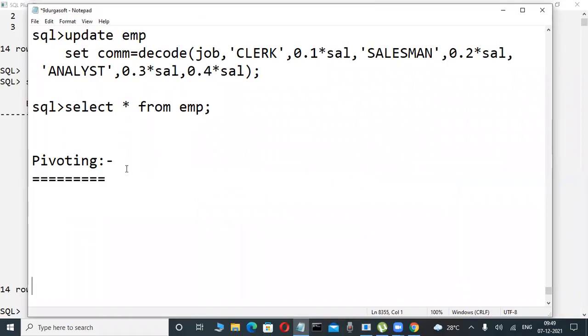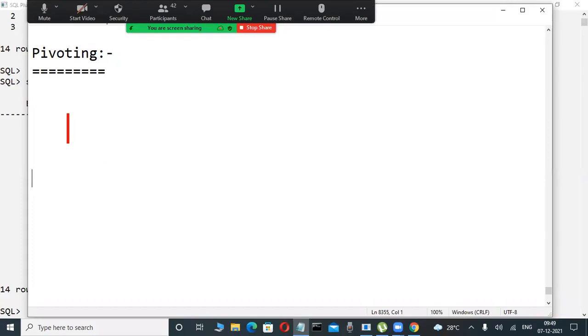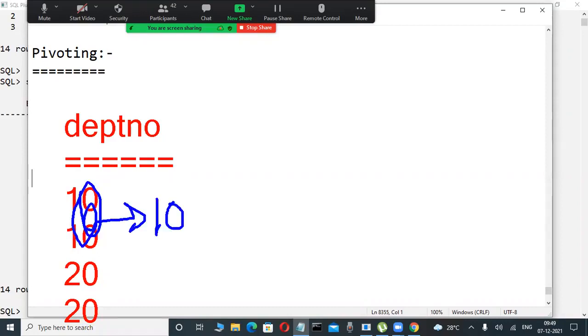Transposition of the matrix. That's why the same concept on the relational database side is called pivoting and unpivoting. What is pivoting? Pivoting is the most powerful concept in every relational database. That's why first we are telling pivot. Pivoting means suppose department number is a column. In this column, some rows are there: 10, 10, 10, 20, 20, 20, 30, 30. Some rows are there or not? These rows are suppressed, only one time that value, reducing the number of rows in each group.